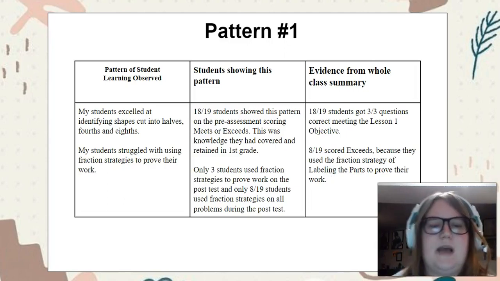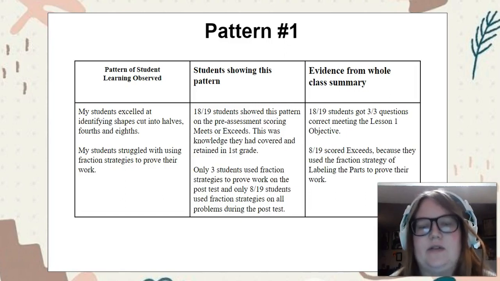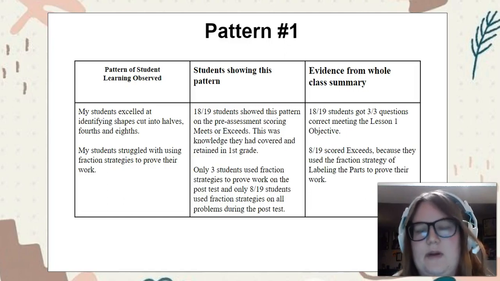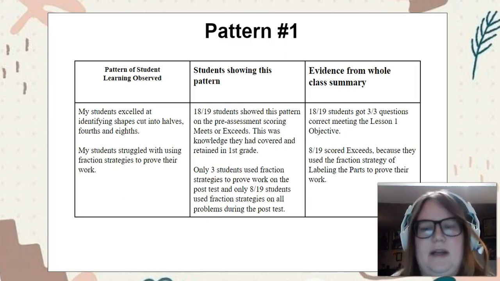when it came to identifying shapes cut into halves, fourths, and eighths. My students did great on that. They had gone over that concept in first grade. 18 out of 19 students on the pre-assessment scored meets or exceeded, and then on the post-test, 18 out of 19 still got 3 out of 3 of the questions correct, which was what they needed to meet that lesson 1 objective. And then on top of that, 8 out of 9 students got exceeds because they used fraction strategies